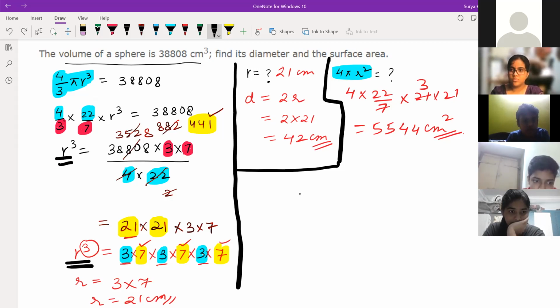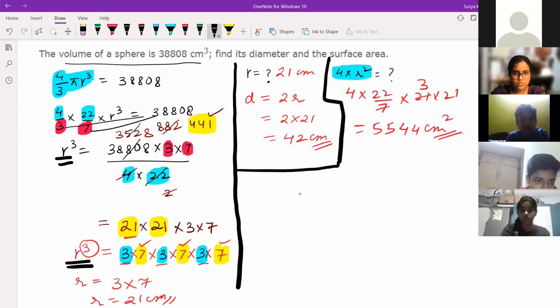See here, 3 and 7 is a pink color. 3 and 7, you can see that I've sent up to the numerator side. This will be division, no? So this will go up. See, 3 and 7. Understood or not? That I've written here on the numerator side, 3 and 7. Again 4 and 22. We're just writing down because it's up, no? So we're writing down. Is it clear to you now?